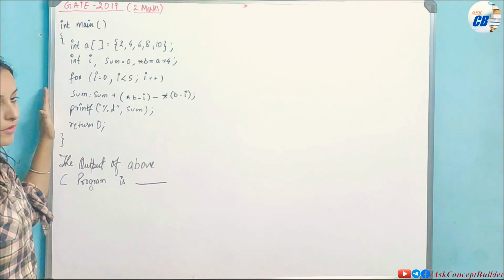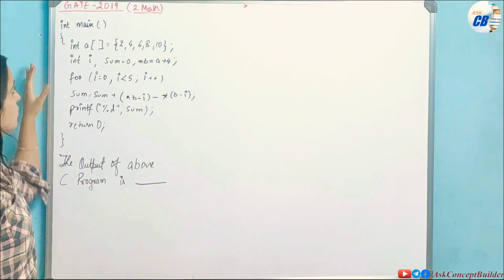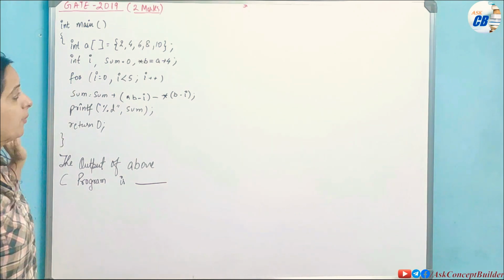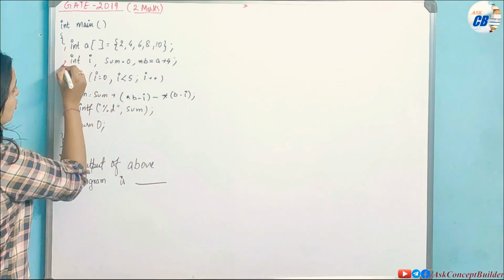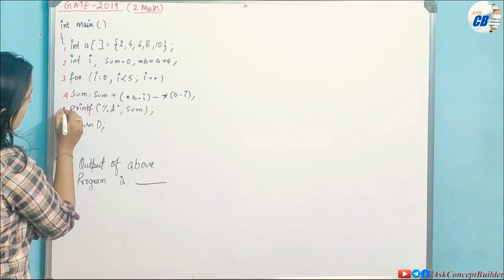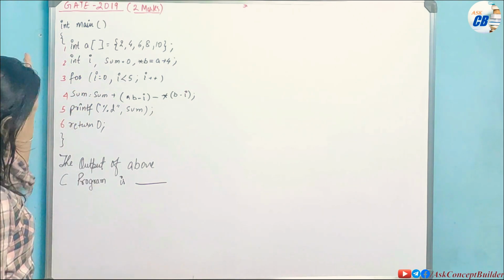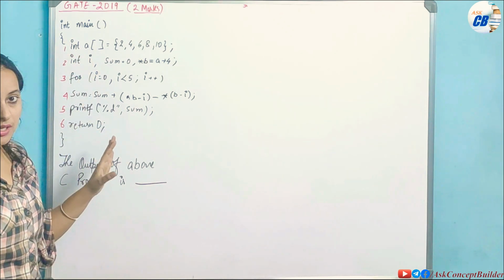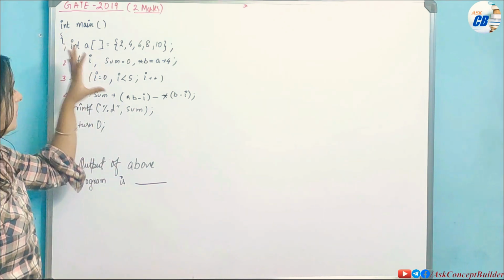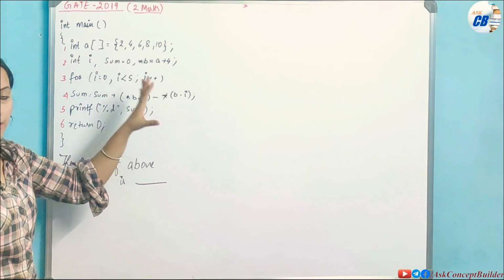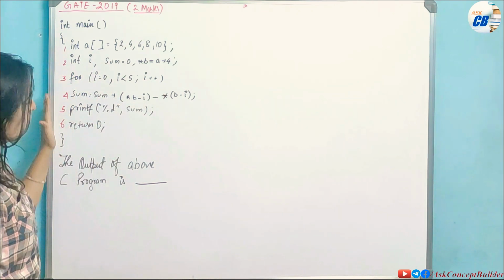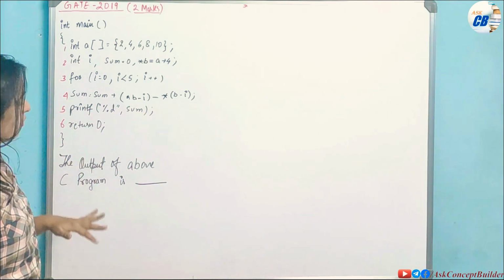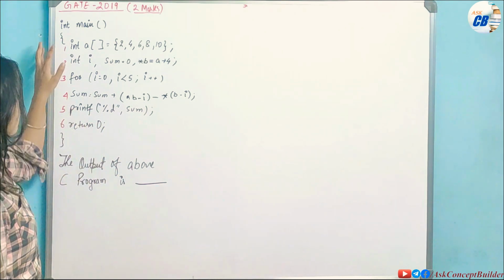First of all we will start from our main function. This is the main function given, and we have to see first how many instructions it has. See, 1 2 3 4 5 and 6. Executing all these six instructions will make our main program execution complete. When we execute all the six steps, the execution of the program will be completed, and we have to find out the output of this program. Now see, we'll start from this.